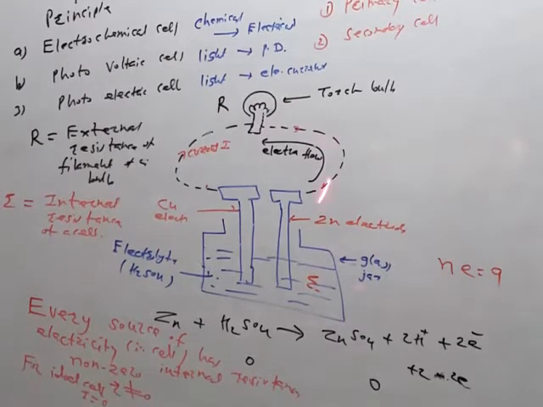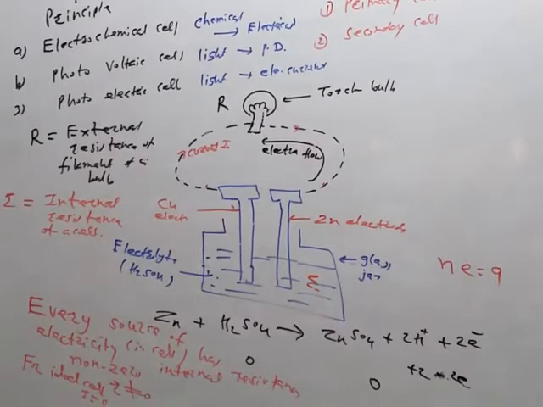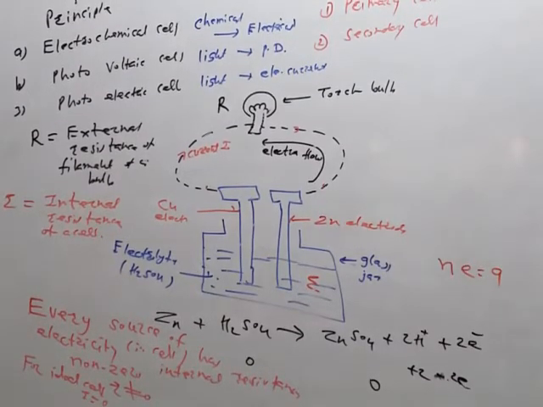Here in this arrangement we have used this cell. It is an electrochemical cell. The reaction is taking place. The reaction is given below here. Zinc negative electrode plus H2O for electrolyte solution. Then the reaction is like this: ZnSO4 plus 2 times H plus 2 times electron. So before the reaction, the zinc and H2SO4 are electrically neutral. After the reaction, again electrical neutrality is maintained. The law of conservation of charge holds good.